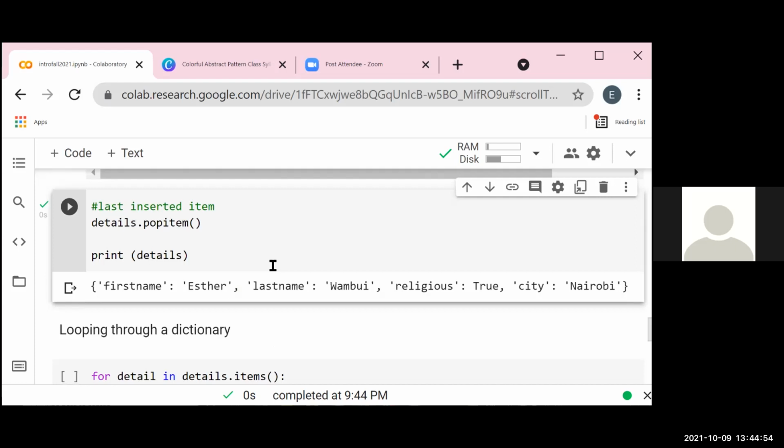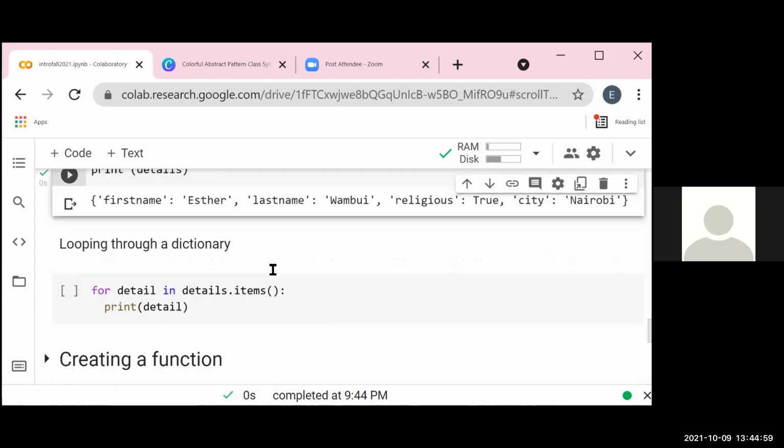As well, we can loop through a dictionary, but in this case we use the dot items. So we can say for detail in details.items. That items references the items of the dictionary. An item is like first name Esther. So for detail in the dictionary items, you print the details.